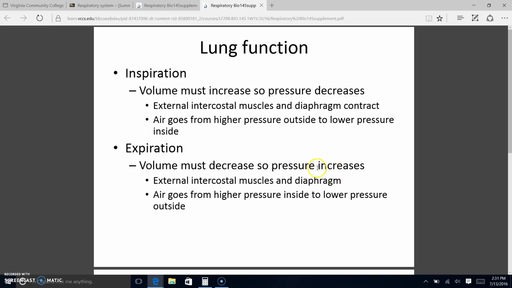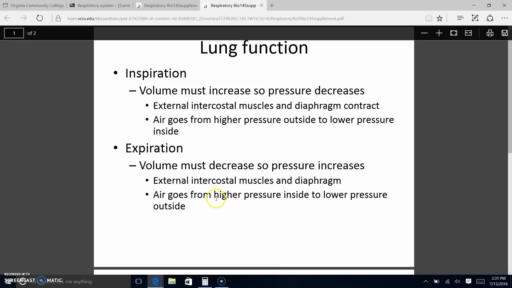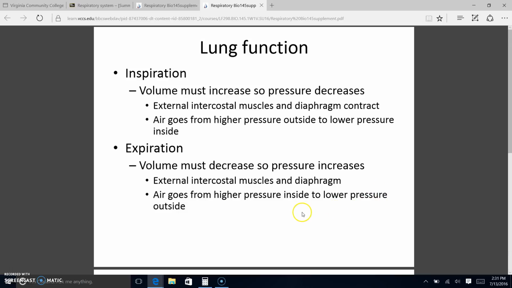When the diaphragm raises, the volume is smaller, therefore the pressure is increased. Now, when I increase the pressure inside my lungs to where it's higher than the pressure in the atmosphere, then the air has to move outside. So there's nothing magical about breathing. Your lungs don't inflate and deflate on their own, but instead